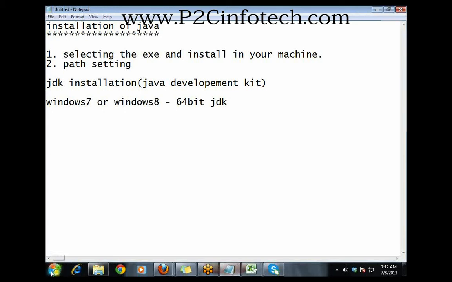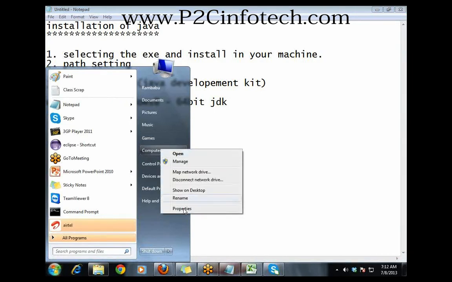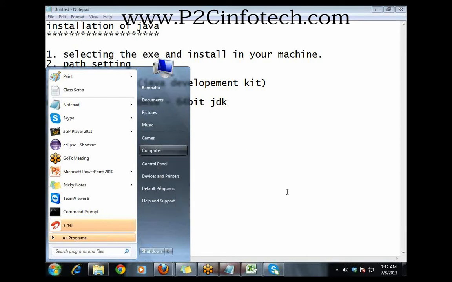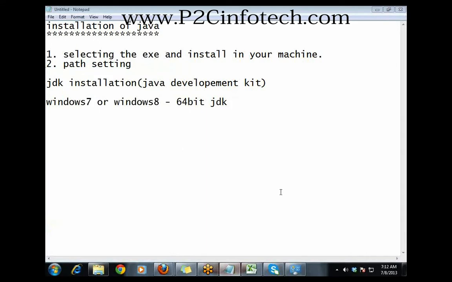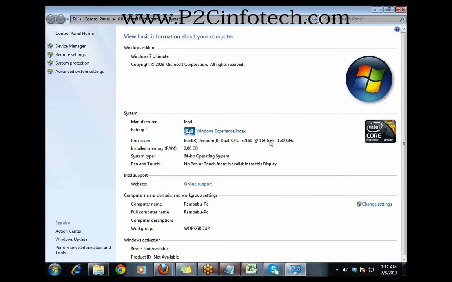For that, you can go to Start, My Computer, right click, and go to Properties. Here in the properties you can see what processor you are using, what the RAM is, and the system type.